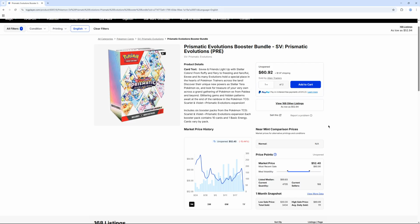So Prismatic Evolutions, the hype is back. Everyone's saying it's going to get printed to the ground. Well, it did. And now, after the fact of the matter, prices are going up. The market seemingly still strong. And once we enter the holiday season, you can only imagine what Prismatic Evolutions is going to do. And I hope you guys took advantage of all these restocks and reprints, because I spent many thousands of dollars buying from reprints. And hopefully you guys did too, or did whatever was within your means, because Prismatic Evolutions,